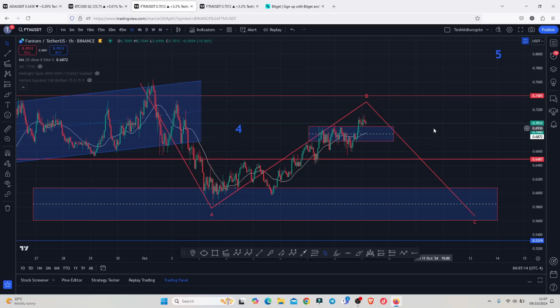Phantom at the time of this recording continues to hold above our key area of support above the 0.6487, and at the time of this recording we have also managed to break above our key area of resistance that lies between the 0.6747 and the $0.696, which is an indication that in the next coming hours Phantom is likely to give us an aggressive bounce